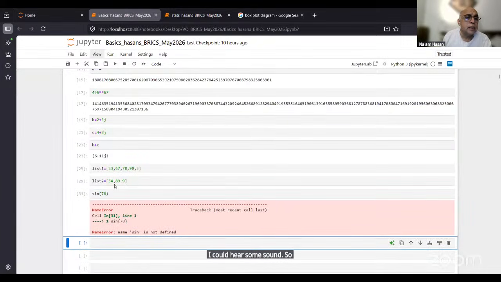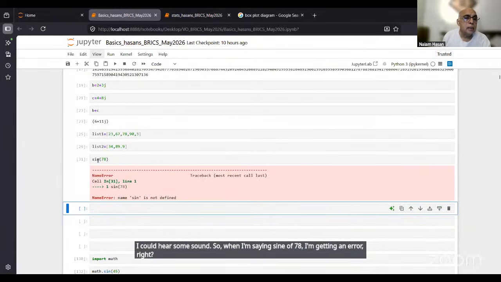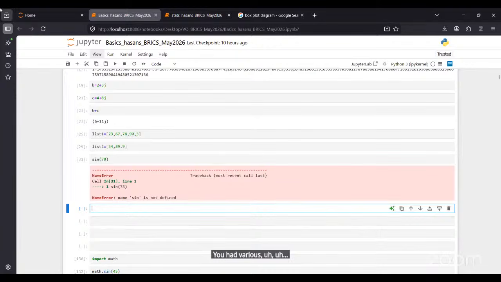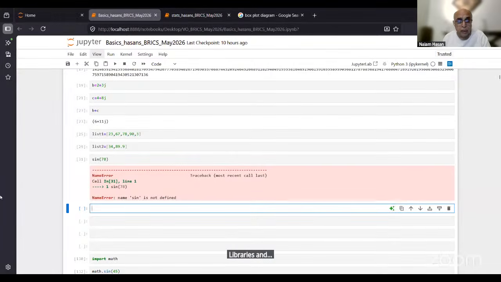So when I'm saying sine of 78, I'm getting an error, right? Because it doesn't understand what sine is. So what we have to do is, there are various libraries or modules in Python. I can import